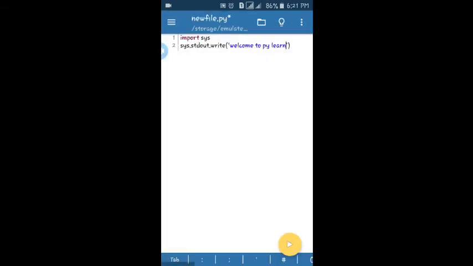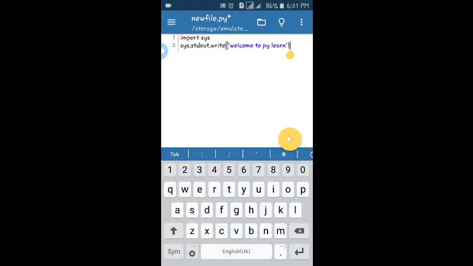Now I will show you how to use stdin. For that I will remove this. In stdin we can only read what was entered by the keyboard. So dot read.